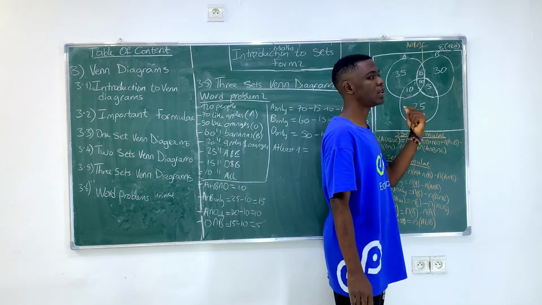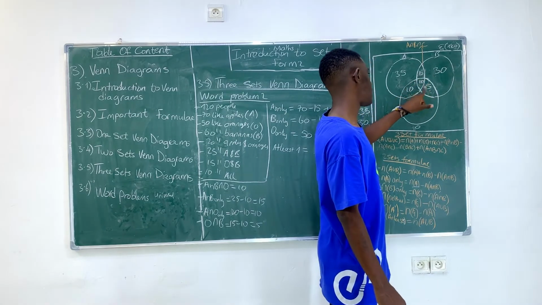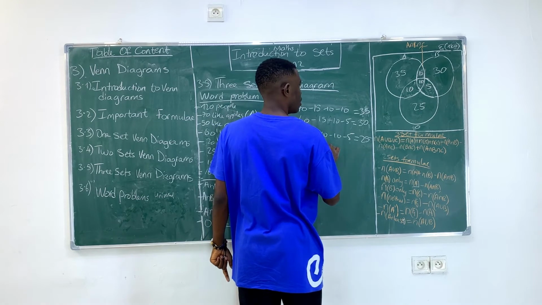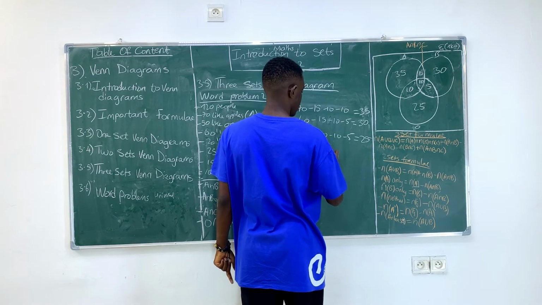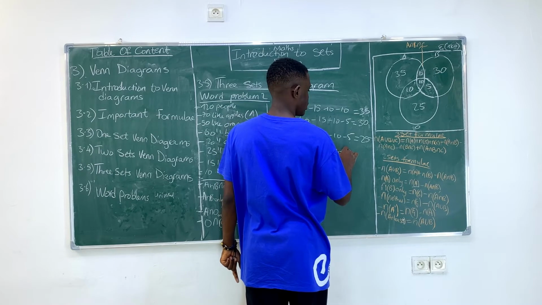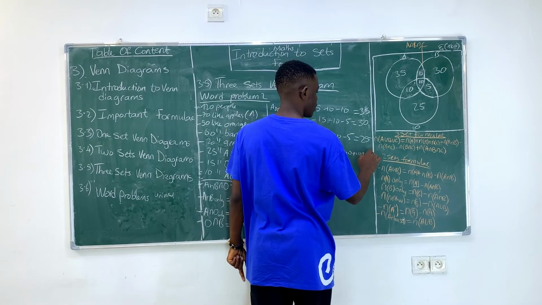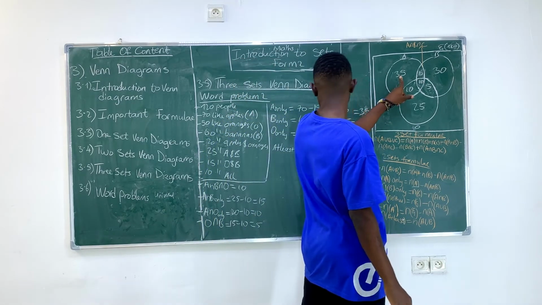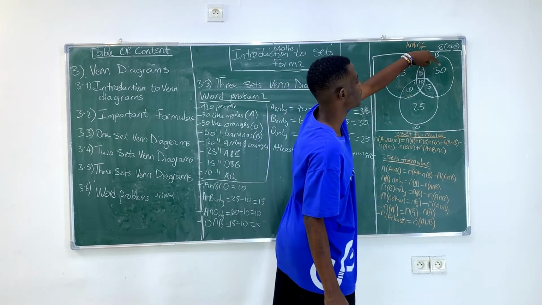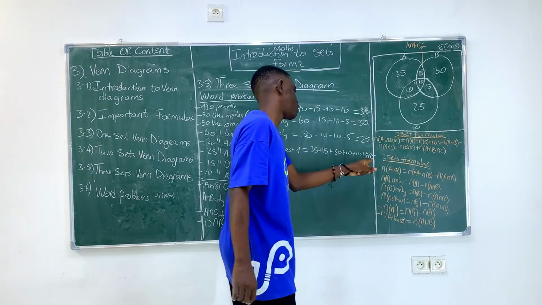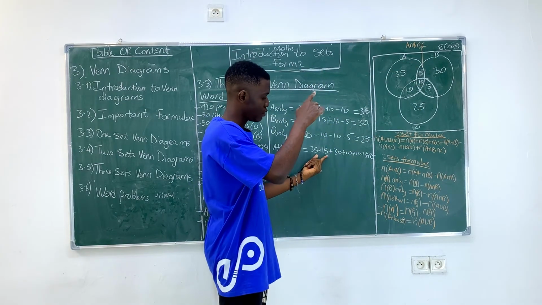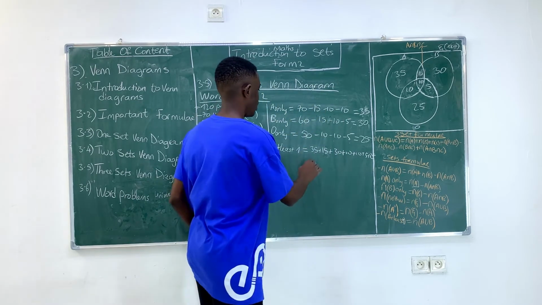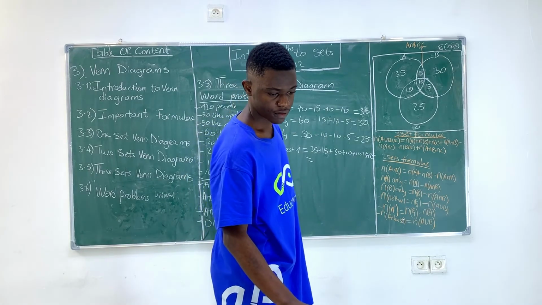You are going to add them all. So it is 35 plus 15 plus 30 plus 10 plus 10 plus 5 plus 25. And I am going to have